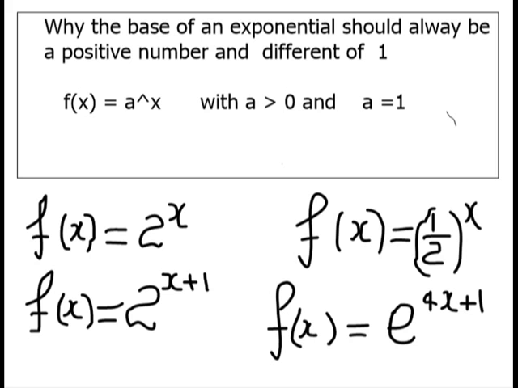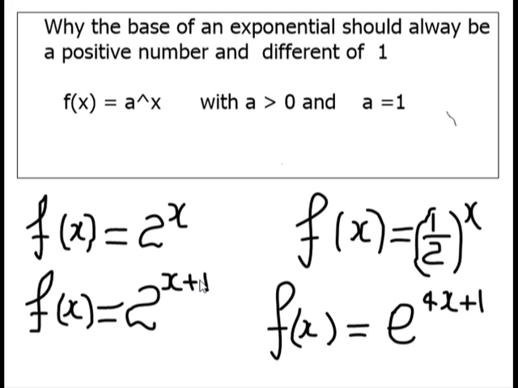First of all, we have in front of us three examples of exponential functions, and in all of them the base is positive. The base is 2 here, 1.5 here, and e. Remember, e is a number, so it is positive, so there is no problem for these examples. And the exponent can be x, it can be x plus 1. Don't care about the power, okay? We can have any expression